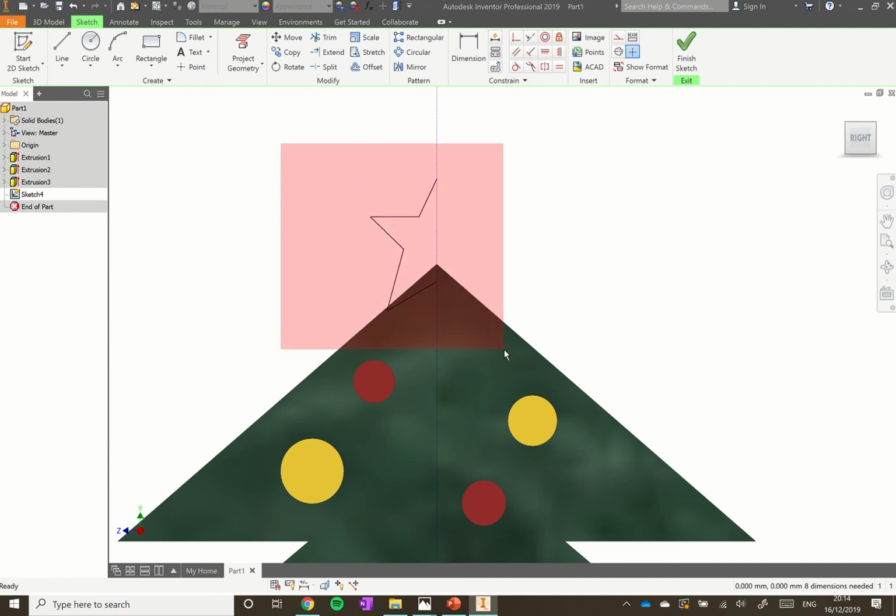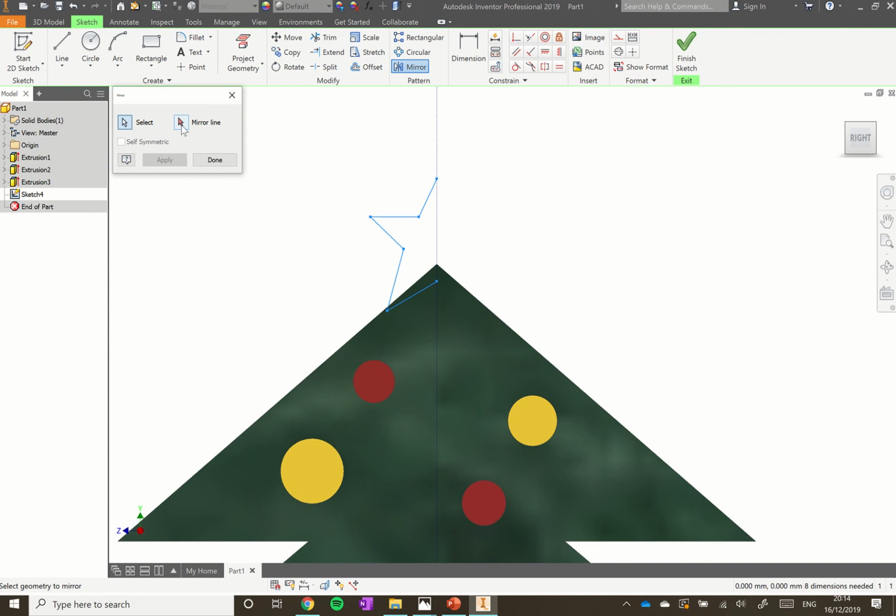Now again, just like we did before, we want to click and drag off from the left hand side. Once we've highlighted it all, we can release our mouse, and we can go up to the Mirror tool under Pattern in the toolbar there. Click Mirror. Again, it's got a red arrow next to the mirror line, so we can click on that there and click on that line that we added earlier. And then just click Apply and Done. And you can see we've got a star shape there. So let's finish Sketch here,